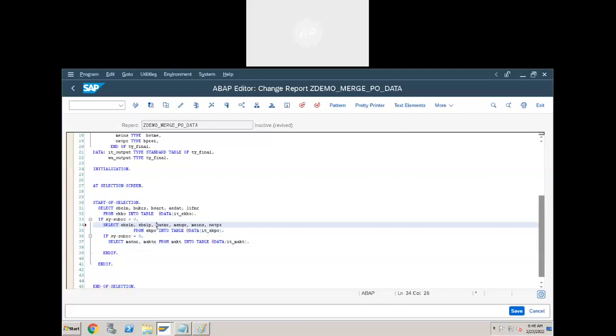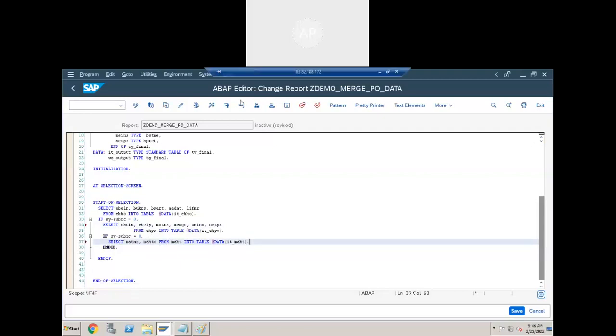Here we have material number, and we are using material number here. That is the link between second table and third table. So first table and second table is EBELN. Second table and third table is material number. Is it clear? Yes.